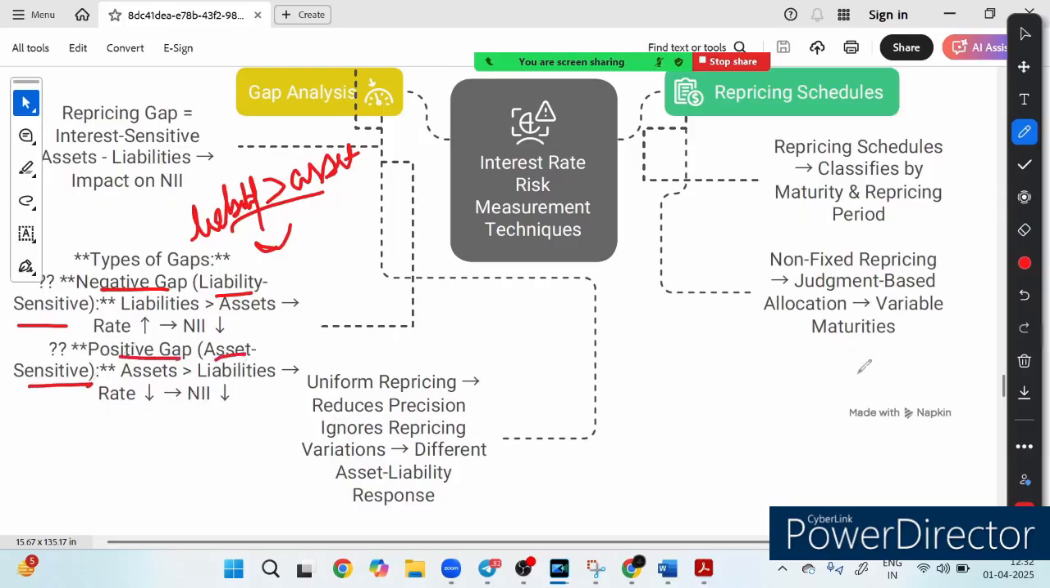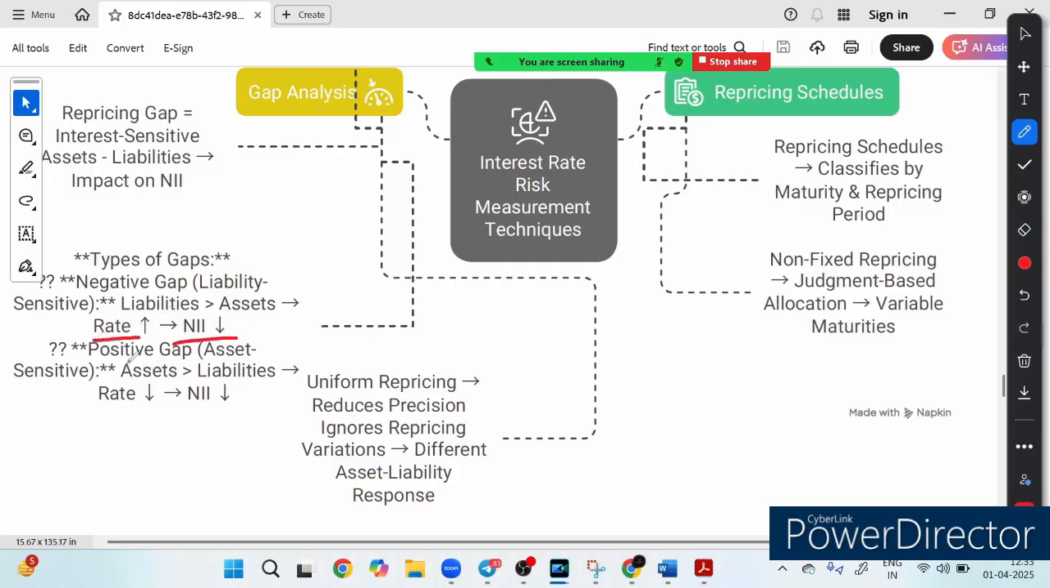So what happens in the case of negative gap? When liability is larger than asset, suppose interest rate rises. Try to understand, this is a very important thing, right? Whenever there is a negative gap, meaning liability sensitive, meaning liability exceeds our asset, and suppose rate increases, what will happen? Our NII will decrease. This is very, very important, right? So if there is a negative gap, then if interest rate increases,